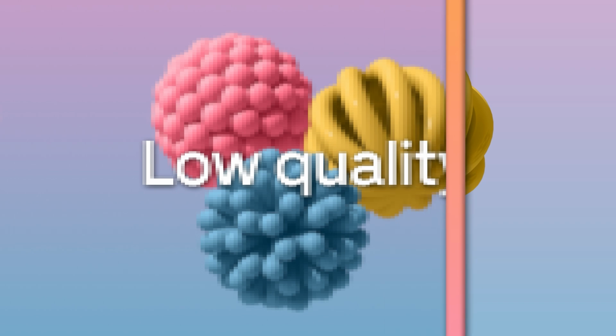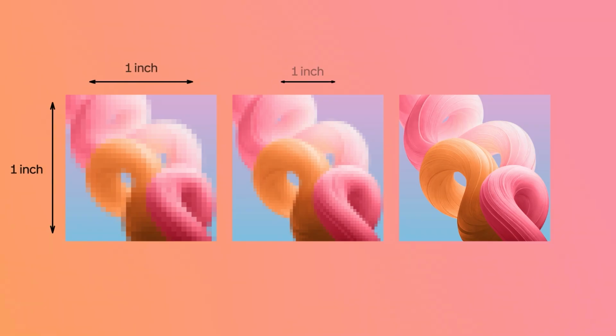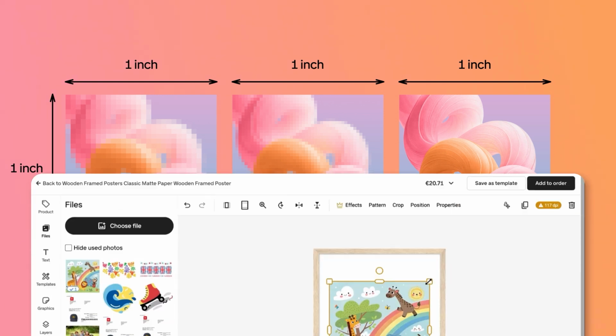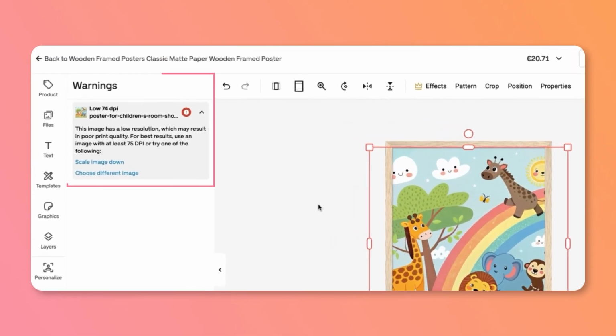Finally, let's talk file resolution, or DPI. DPI stands for dots per inch. It's all about the level of detail in your print. For high-quality products, 300 DPI is the industry standard. If you use a low-resolution image, say 72 DPI, it's going to look pixelated or fuzzy when printed. When you upload an image to the Gelato design editor, you'll see a warning message if the resolution isn't suitable